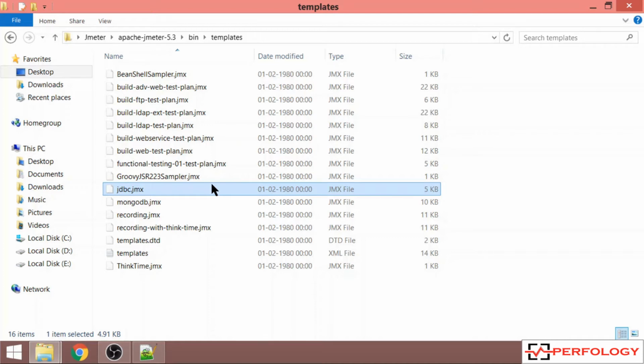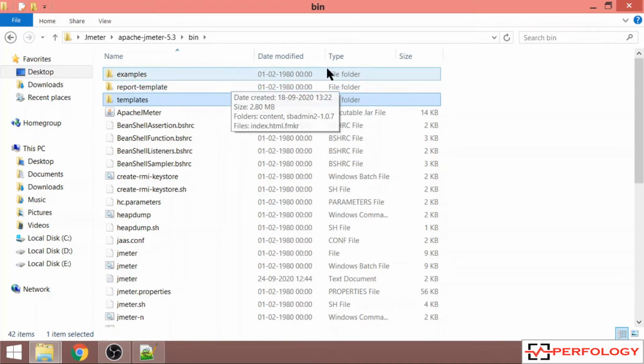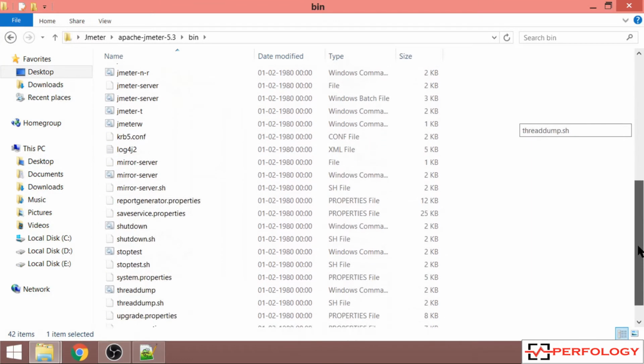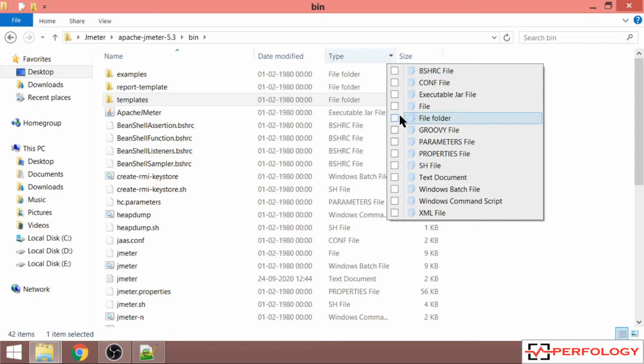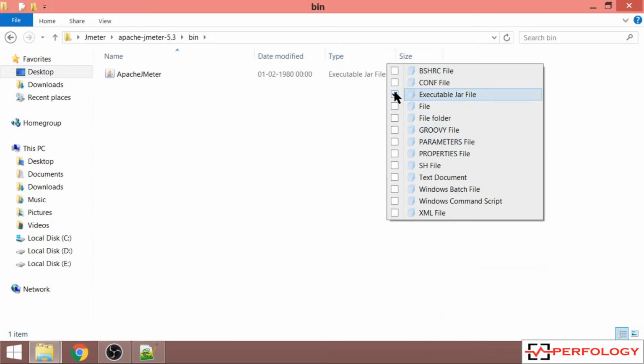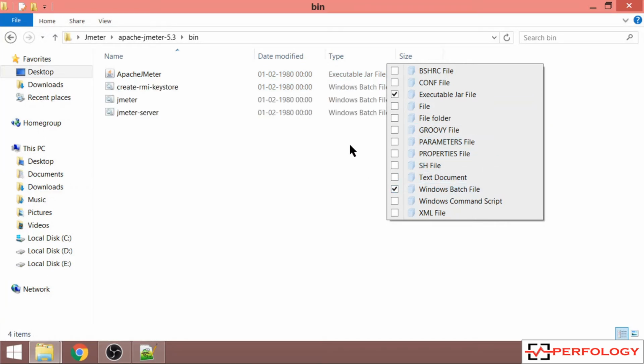Apart from these folders, there are a lot of other files also available in bin folder. Let us see a few of the important files. The Apache JMeter executable jar file is a jar file which can be used to launch JMeter. Apart from this, there are some bat files.